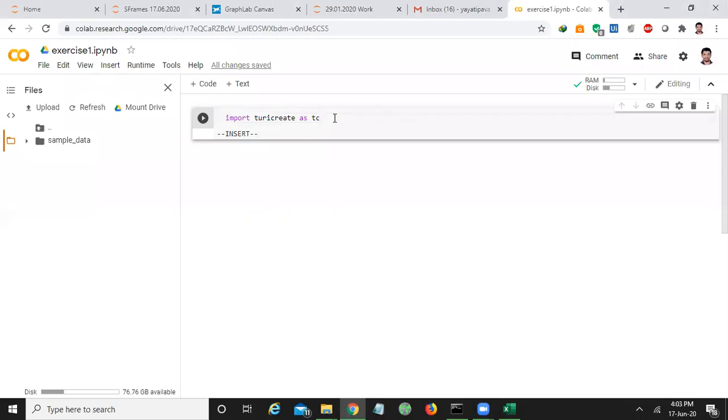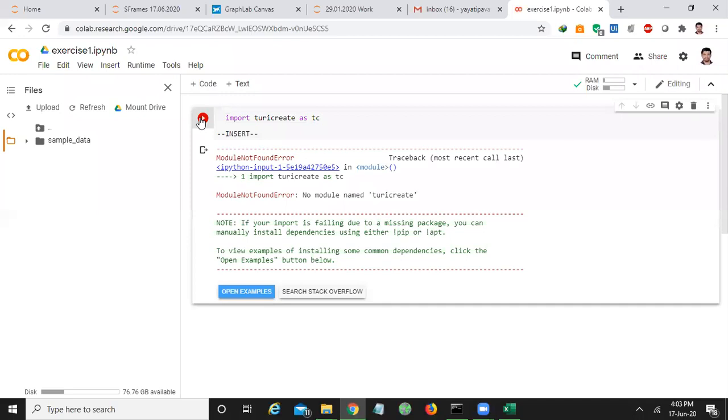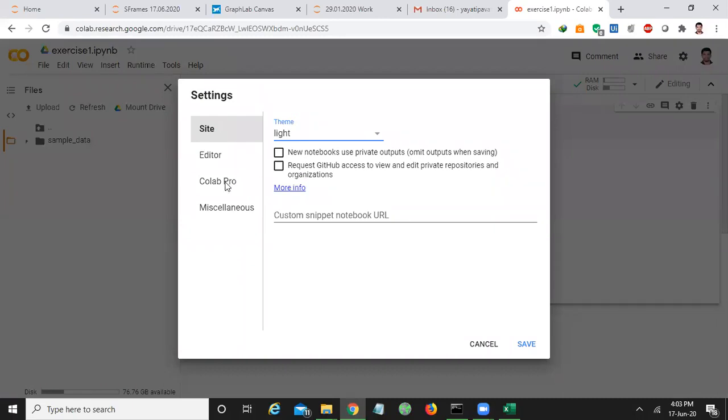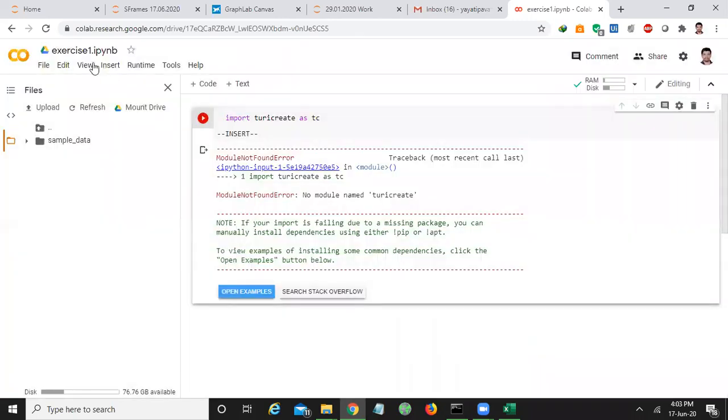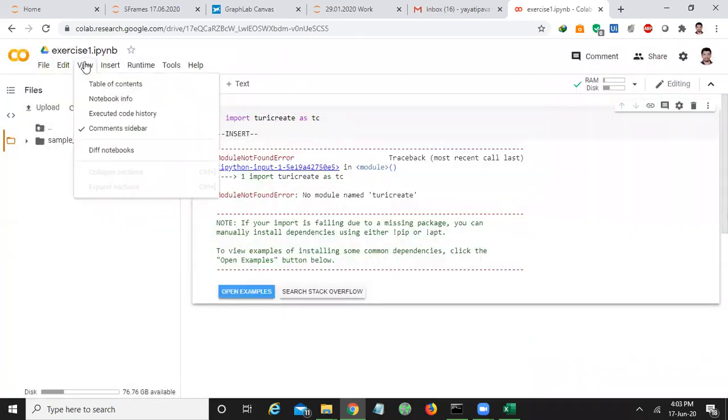Maybe it won't work. Why? Because by default it is in the Python 3 environment. So actually we have to change the environment.